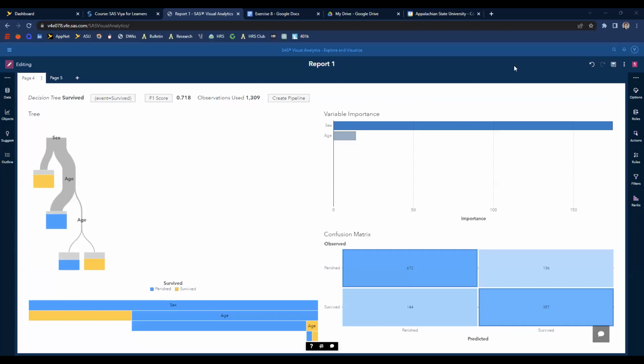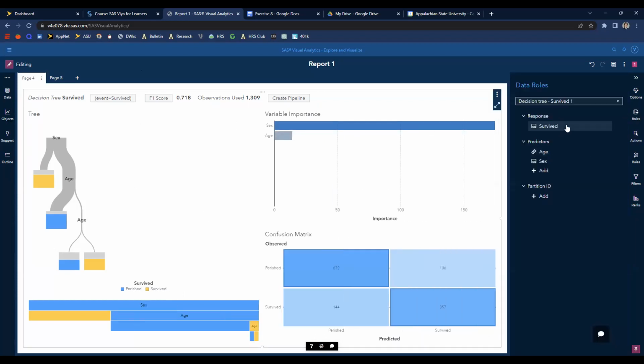All right, this is the Beanstuber group, and today we are going to be doing exercise 8 within SAS Viya. We're going to start off with 8.1, which is going to look at the confusion matrix for the Titanic data set. So here we have the decision tree already formulated with the response being survived, looking at the predictors of